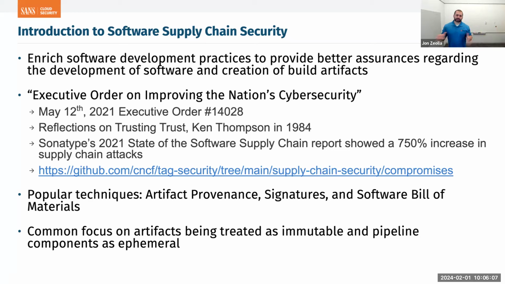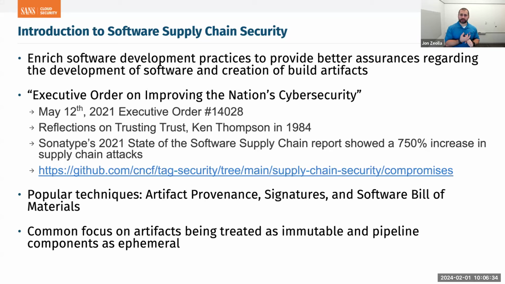So there's a lot of popular techniques in this supply chain ecosystem. You'll see things like provenance, signatures, cryptographic signatures, SBOMs or software bill of materials be thrown around. Those are the sorts of things that we're going to talk about today. There's also properties of an environment that are really a focus of software supply chain, like immutability, right?